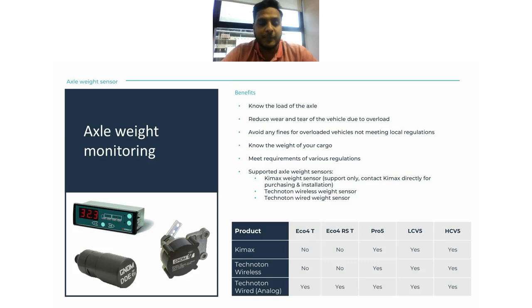Ruptela supports some of these brands already, which is the Kimax weight sensor, for which the purchase needs to be done directly from the Kimax team itself. However, we also support it for installation, configuration, and so on. Coming to the Technoton wireless sensor, you can install these sensors, and it works wirelessly, and you have wired as well. If you excuse me one